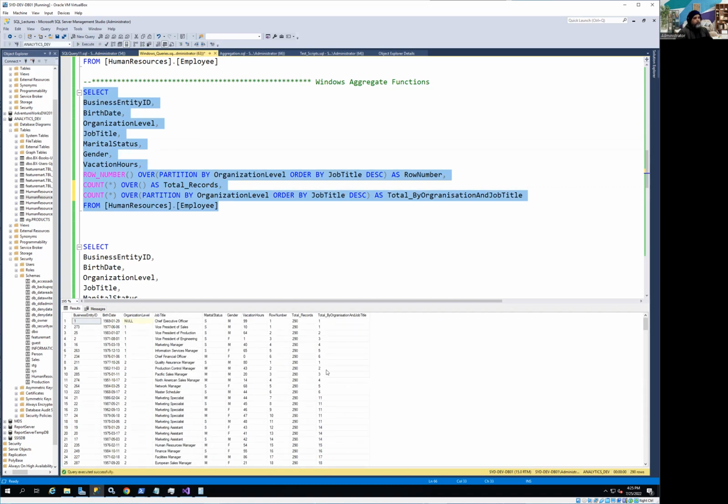All right. So in the first one, you can see for the null organizational level, we only have one record. So it counted it as one. Now you can see we have the next one. We have